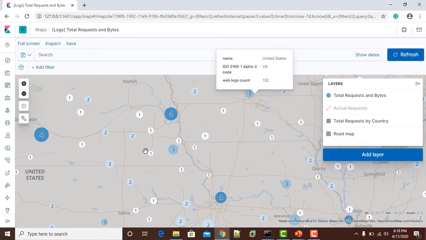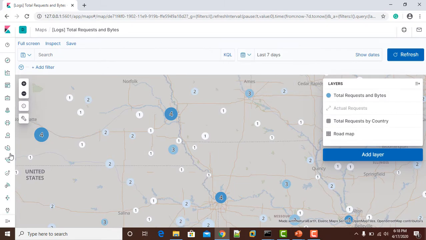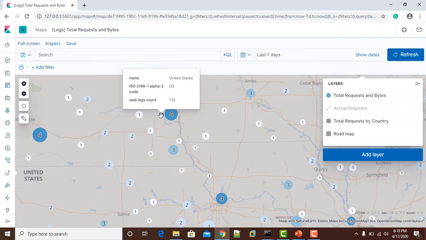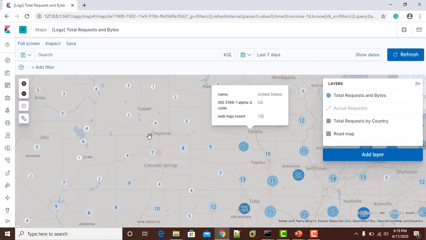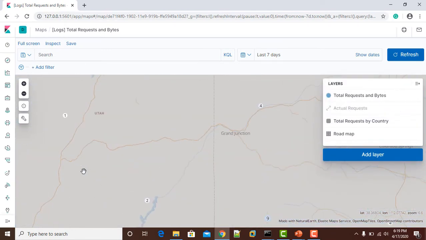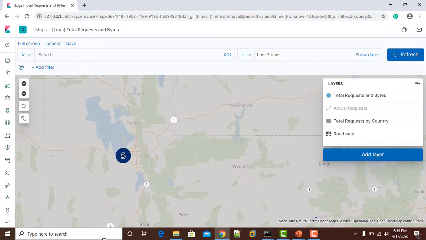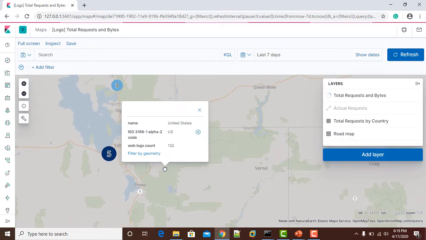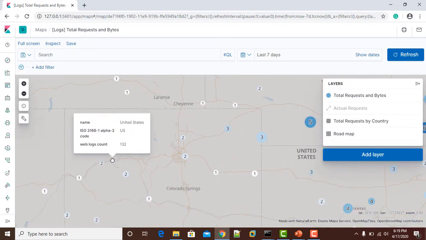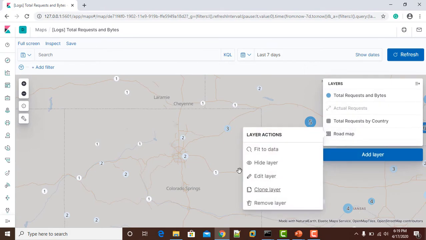There's also a plugin in Kibana for geo IP mapping, so rather than getting coordinates, you can also get the name of the country and state it belongs to. You can also add an extra layer and put a roadmap as well.